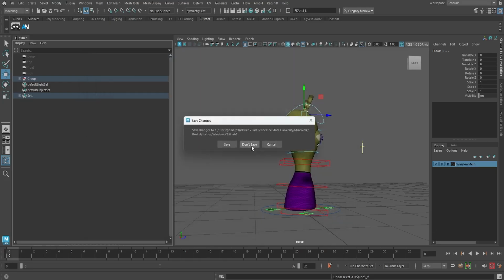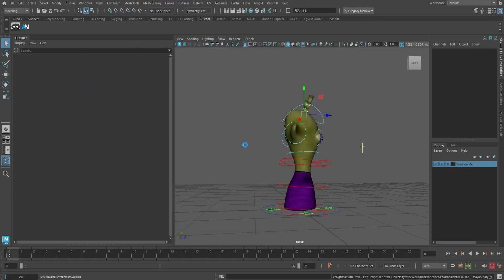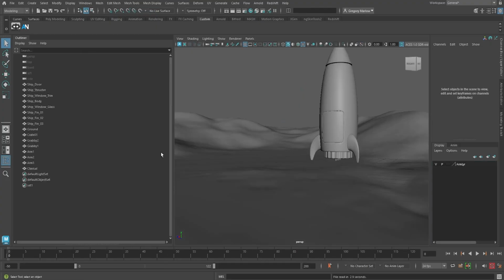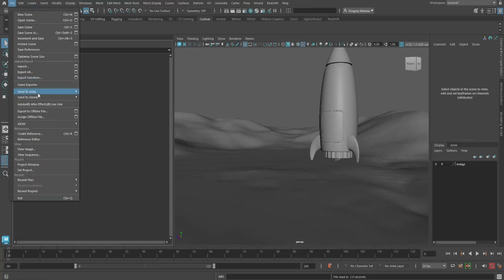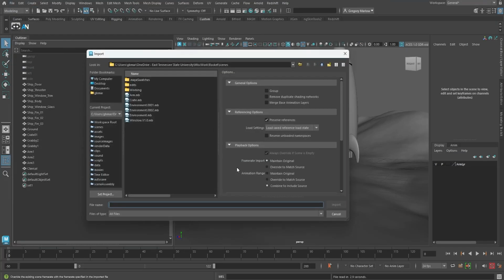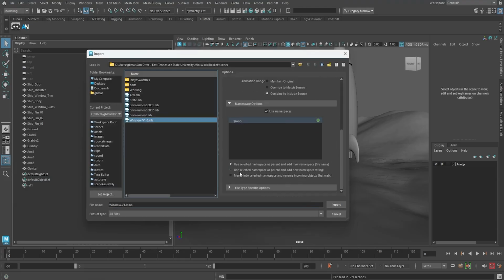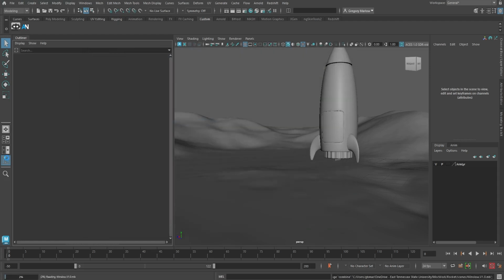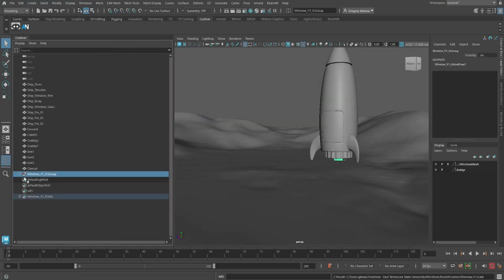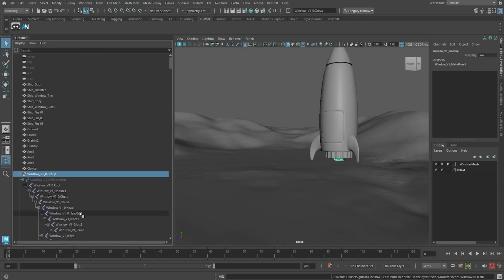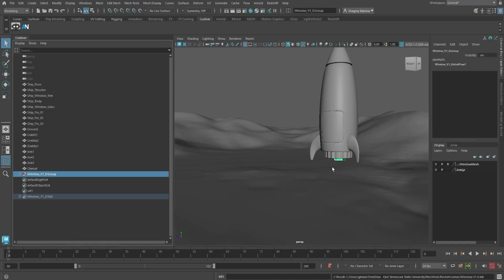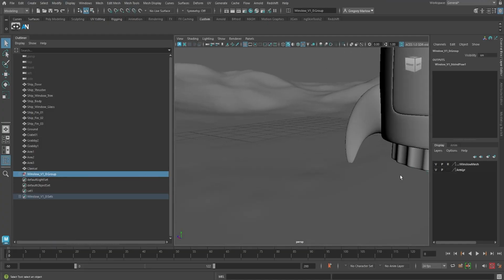I could very well import Winslow the same as I did all of the other objects. And it will bring them all in with the namespaces, right? In fact, let's go ahead and try that. Let's just do import Winslow, right? And if I were to leave this as default settings, it's going to import in Winslow. The file name is at the beginning of all of those things now, right? And that becomes a little hard to understand,